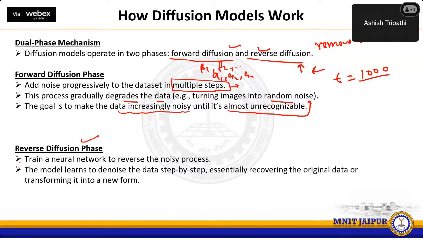Reverse diffusion phase: that means we have to train a neural network to reverse the noising process that we have already discussed. In the forward process, we don't need to train any neural network. Why is it so? Because the aim of the forward process is just to add some noise. We are not in need of any kind of regression or classification or any such things. But in the backward process,